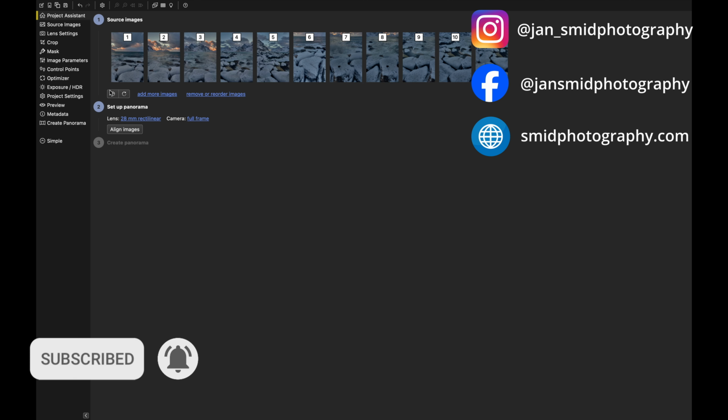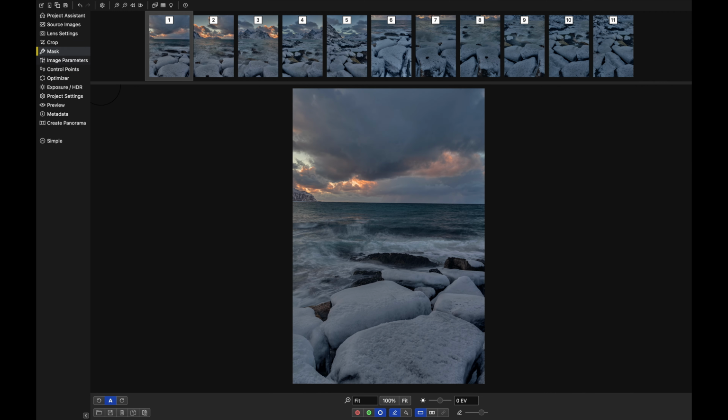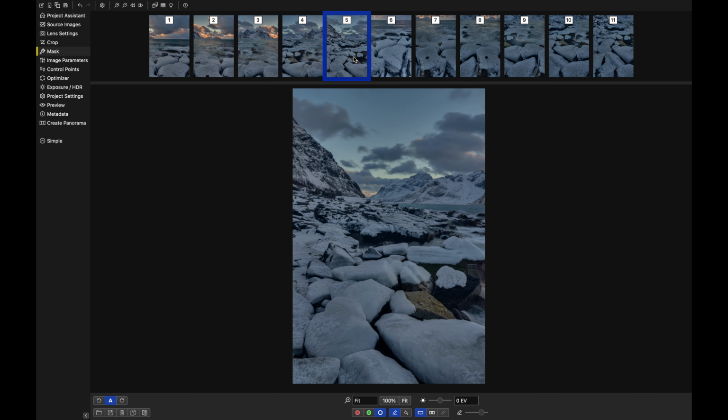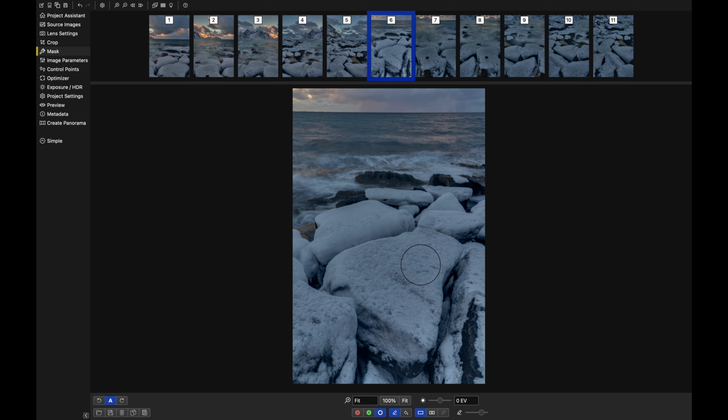Okay, and go back. So here we have the upper row and the bottom row. In this case, for example, we start with the bottom row. Okay, upper row, bottom row. So in this case, we mask out approximately the upper half of each photo in the bottom row, specifically